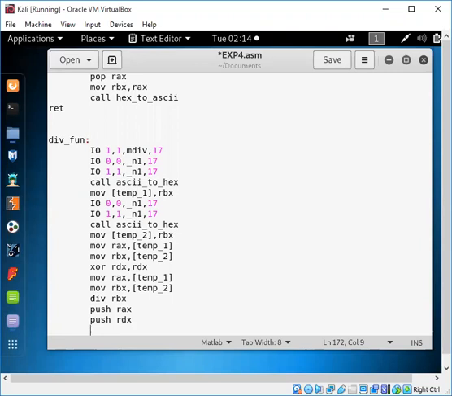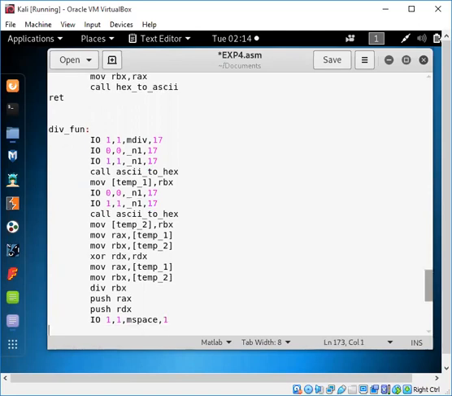Right, so we'll take the result, but it will not be an intermediate result, right? So it will be space with the input and with a final output or message.